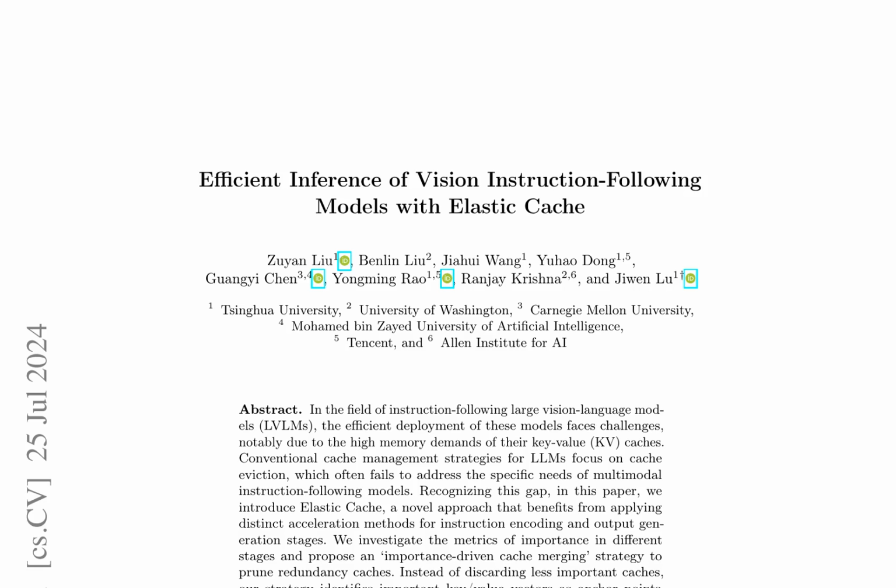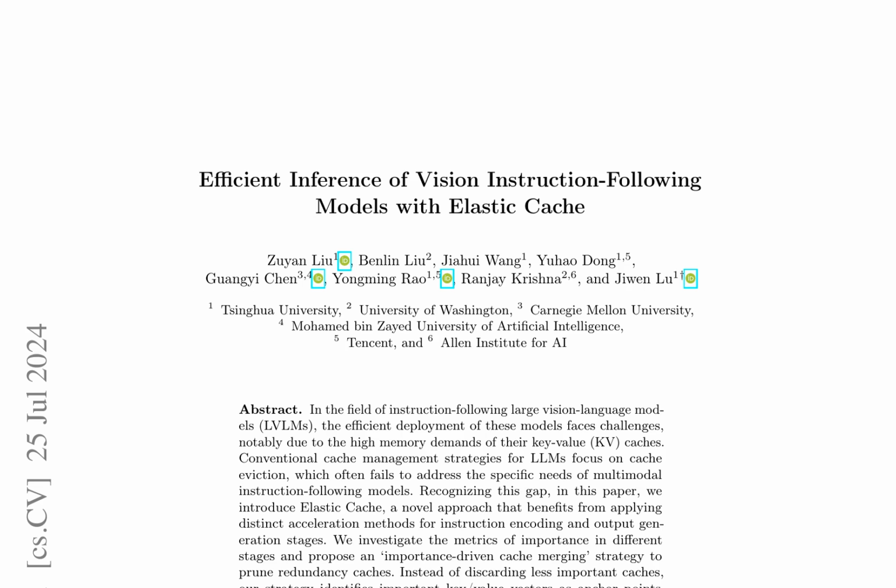Large vision language models, LVLMs, are hindered by high memory demands of key-value (KV) caches, which renders conventional cache management strategies inadequate for multimodal instruction following models. To address this limitation, we propose elastic cache, a novel approach that applies distinct acceleration methods for instruction encoding and